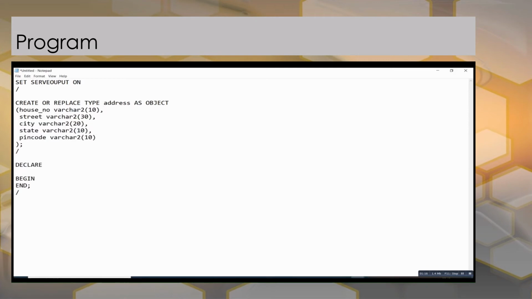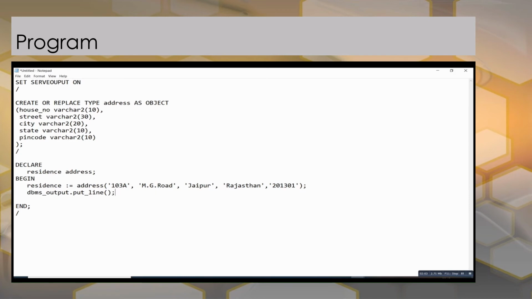Then let's give all the variables which will be inside this, which are house number, street, city, state, and PIN code. And now we'll declare an object from this object type, which is residence, which will be using this object address.